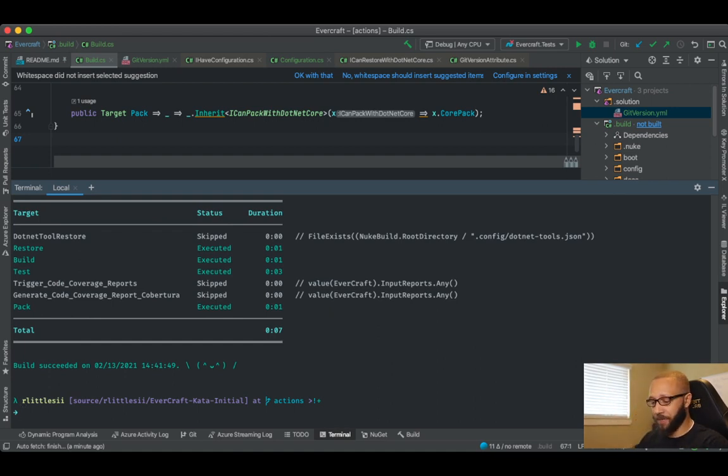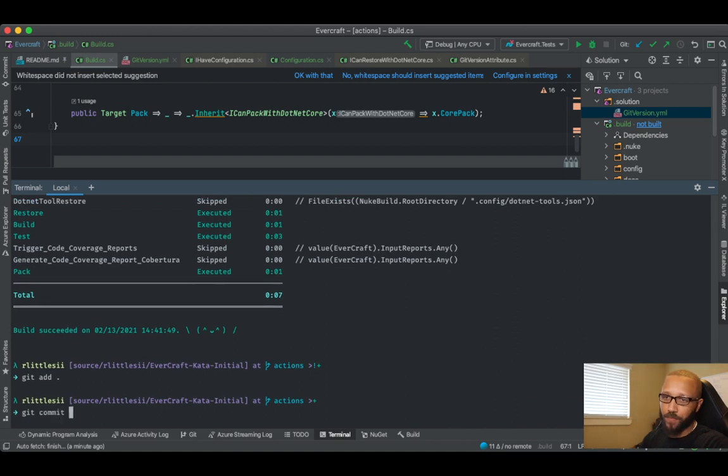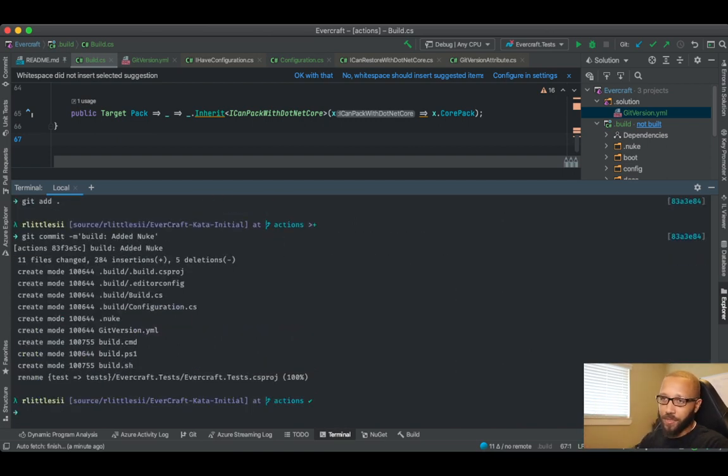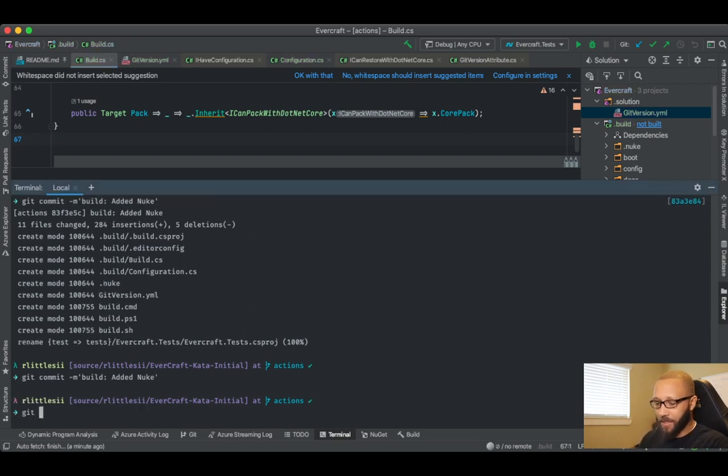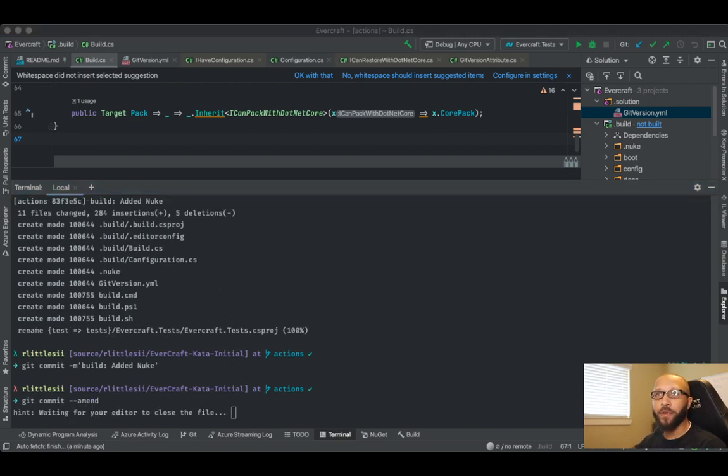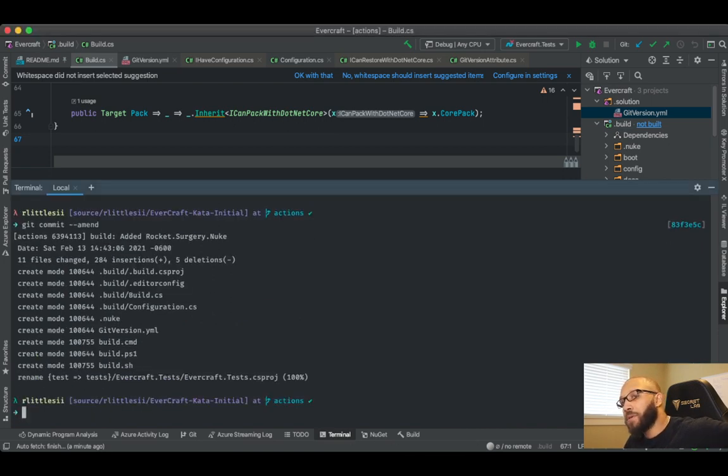Let's check this in. Let's do build, because I like to do my own thing. Build, added Nuke. So we've officially added Nuke. Technically, you know what? Let's kill that. Eek, git. Man, it's gonna pop up over here. Added rocket.surgery.nuke. So this is actually part of the reason why I really took a liking to Nuke, is because it